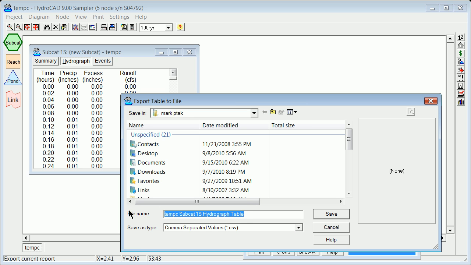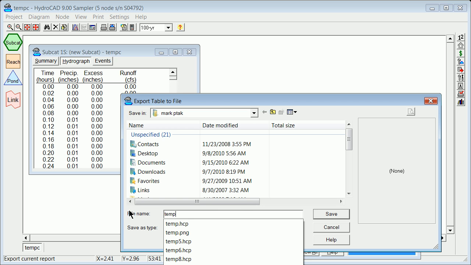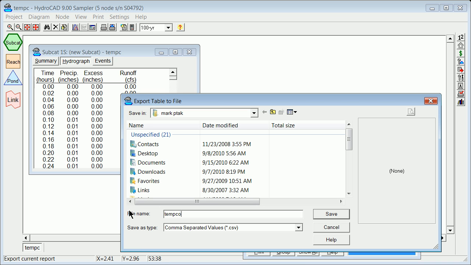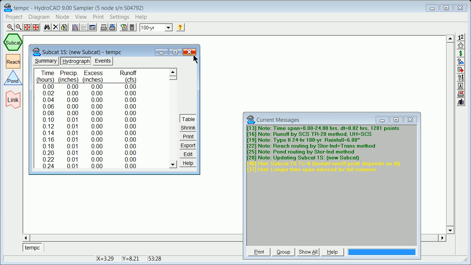I'm going to call this tempout. It's a CSV file. I want to know where it's going. It's going to Mark Patak. For now, you would want to put these things where you know they're going, and you hit a save button. That's all you need to do to export data from a subcatchment or from links or ponds or anything like